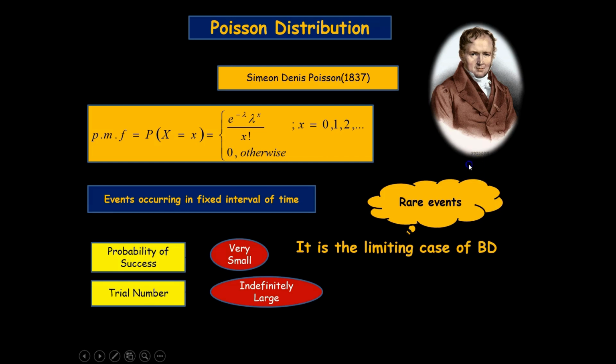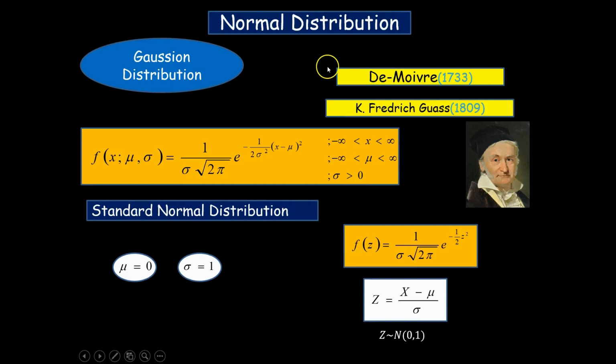Now moving ahead, we have a very important distribution, or we can say the most frequently occurring distribution in the universe, and almost all the variables which are real existing. When we talk about the existence of real events, we are talking about a normal distribution. So the normal distribution was given by De Moivre, who was the pioneer in 1733,